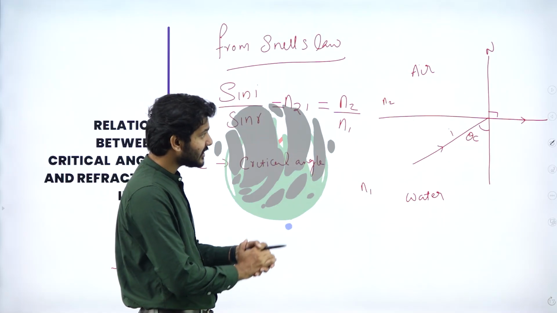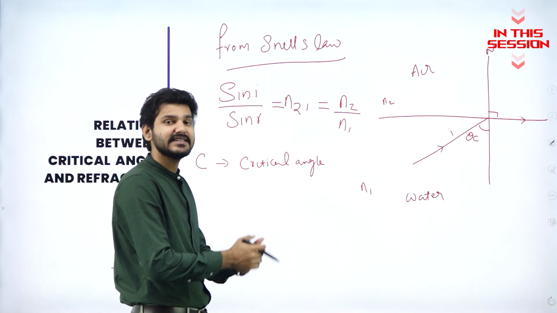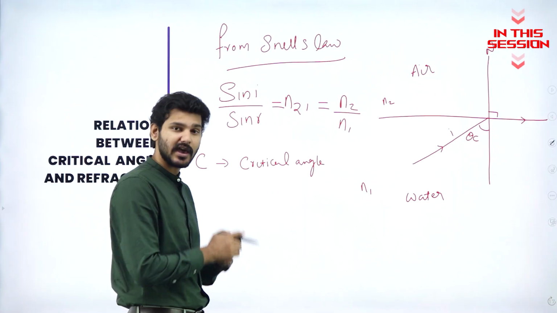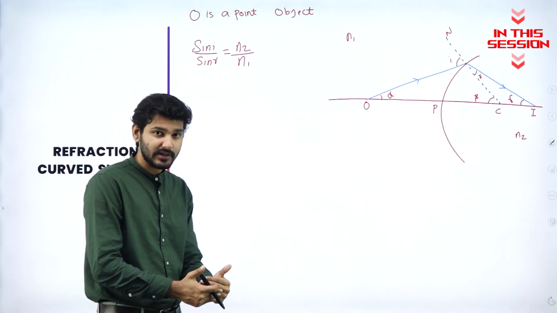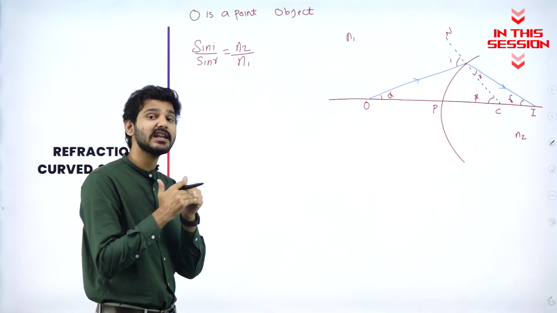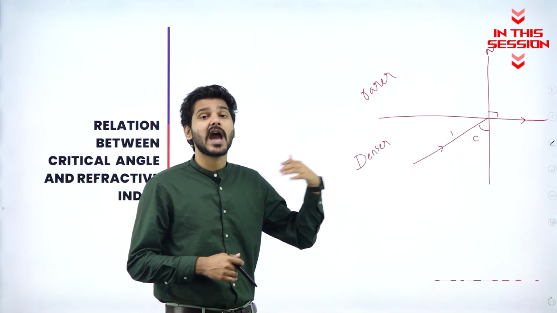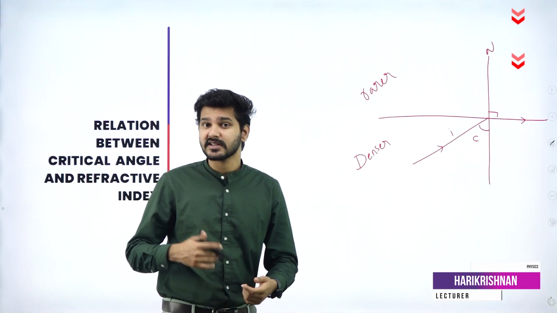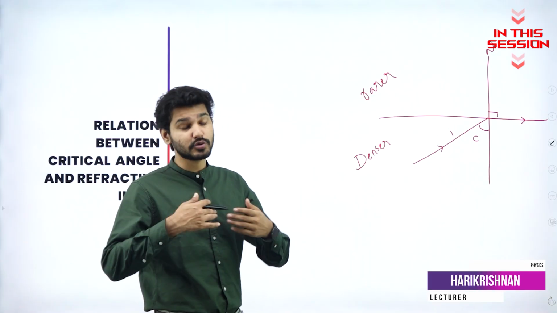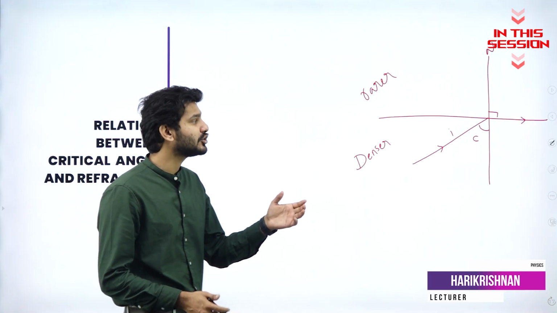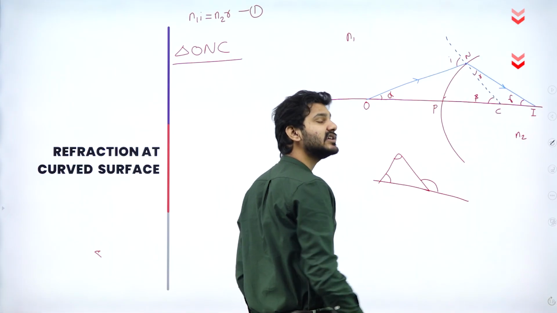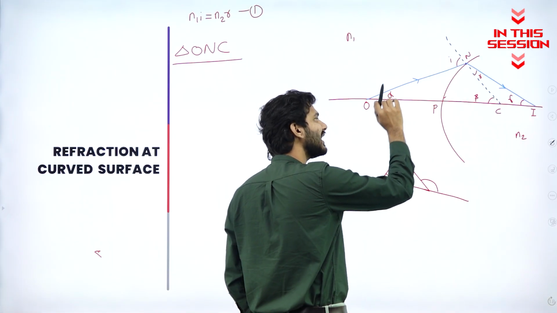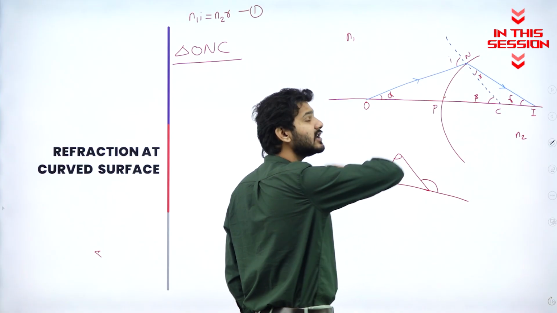And N1 and N2 are the refractive indices of the material mediums we have chosen. Sin I being very small, we are going to approximate sin I to I. If the angle is increased more than critical angle, the phenomenon of total internal reflection is going to take place in that particular medium. Since I is the exterior angle, alpha plus beta will be equal to I.